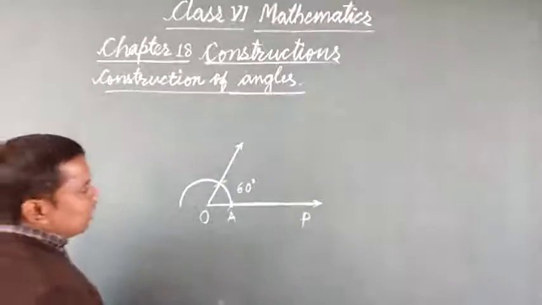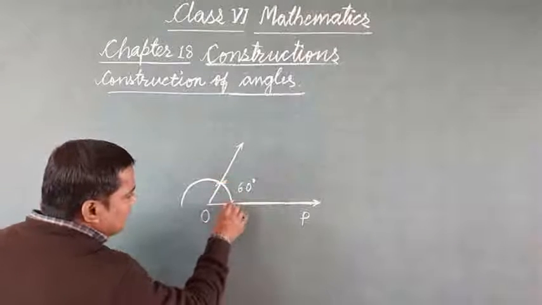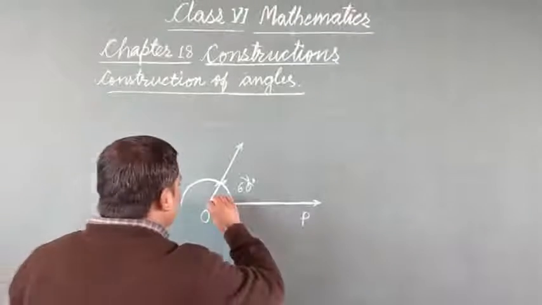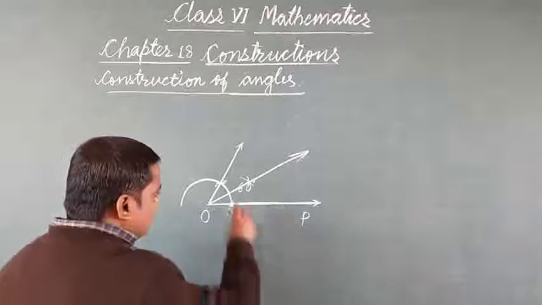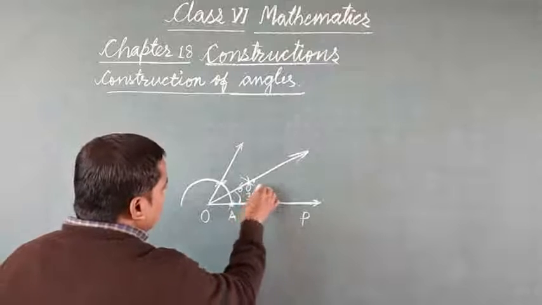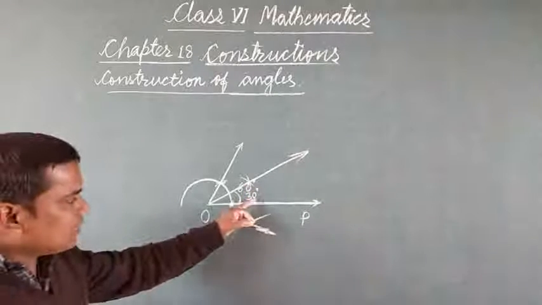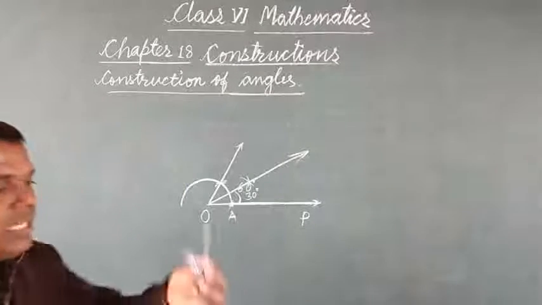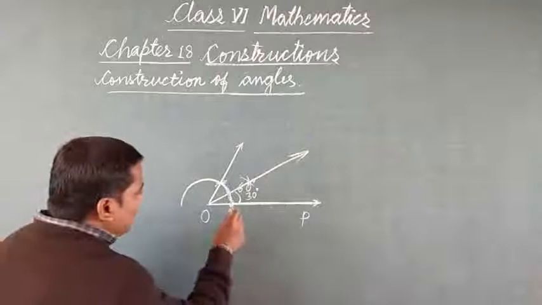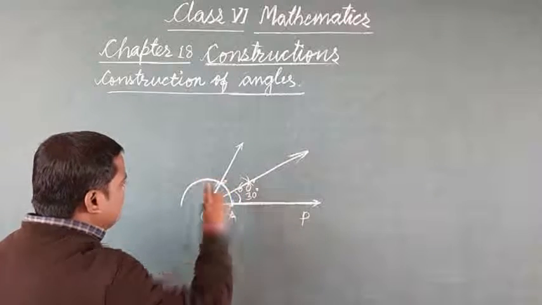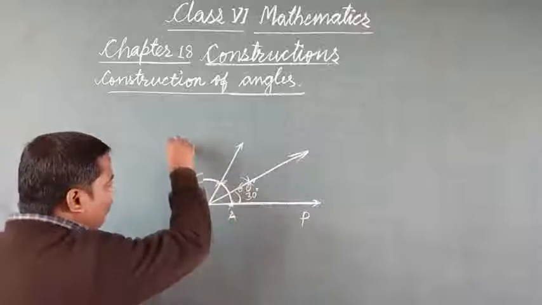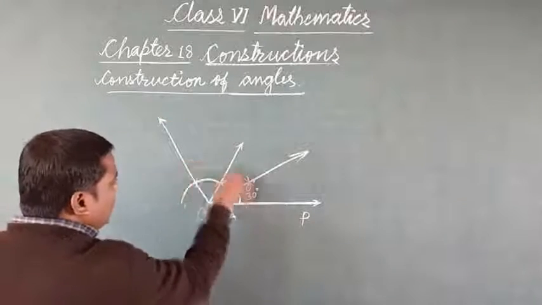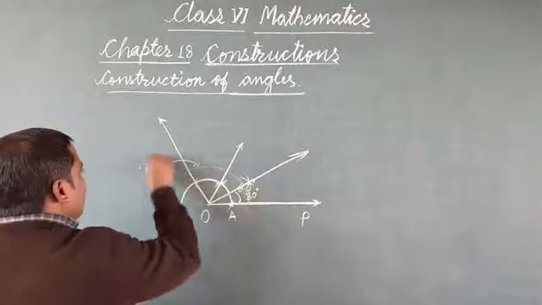Now if 30 degree comes down, then I will take this point and this point, I will bisect it. As I have just told how to bisect, I will draw this one. This angle is of 30 degree. After bisecting it, if you bisect 30 degree, you will get angle of 15 degree. Suppose you will draw 90 degree angle using this compass. So up to here we got 60. If we will mark one more here, we will get an angle of 120 degree. This total angle is of 120 degree.